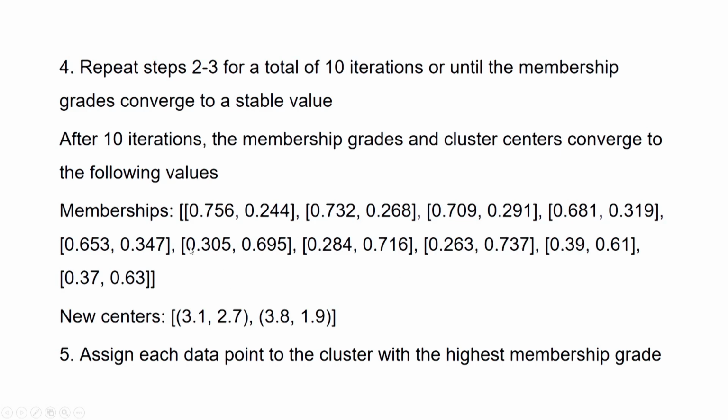In this way our clusters will be formed using fuzzy C-means clustering, and I hope you understood the process. Here, in several iterations, we are changing the membership value of each data point for different clusters,